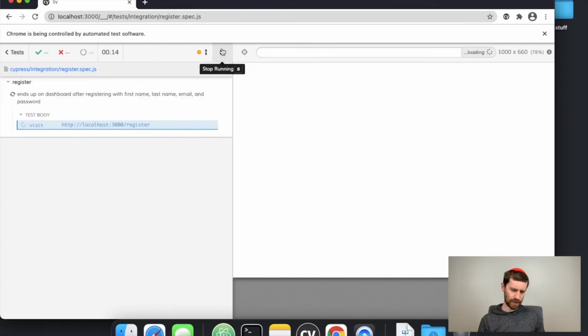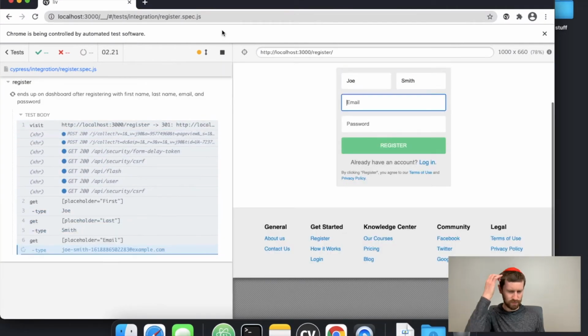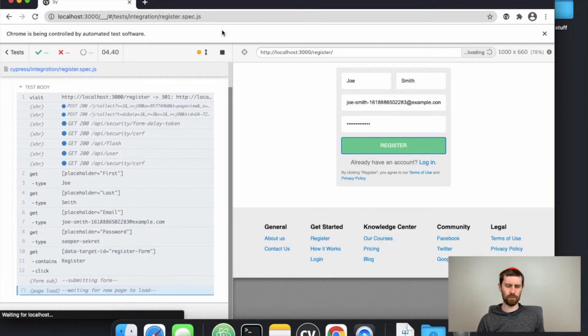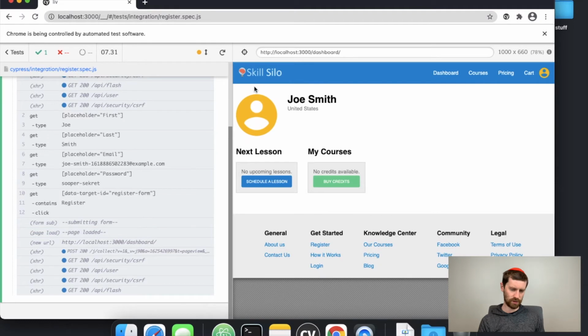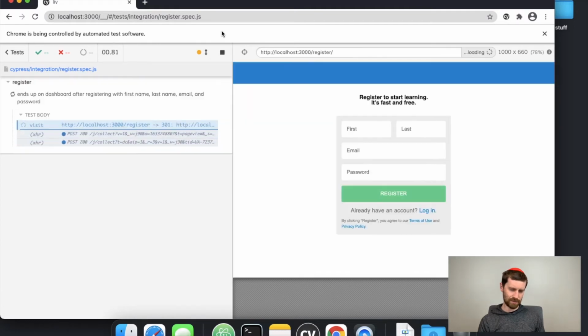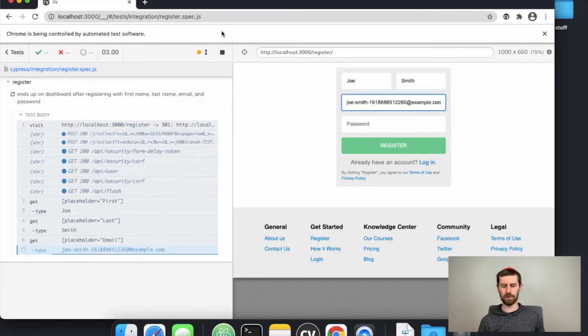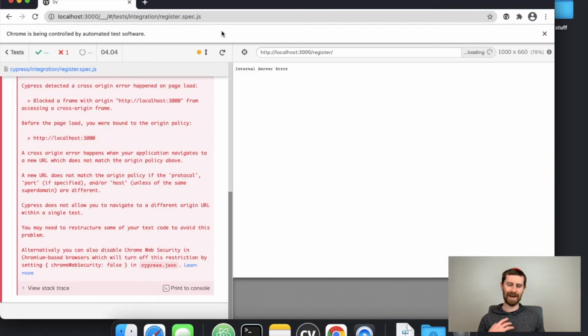But for now, I'm going to just try to see again if we've maybe prevented this CSRF issue. So I'm going to keep running this a few more times. And now we actually landed on the dashboard itself. So it seems like we have super inconsistent behavior from the server side. I have no idea what is behind each and every one of these instances, but it looks like so far